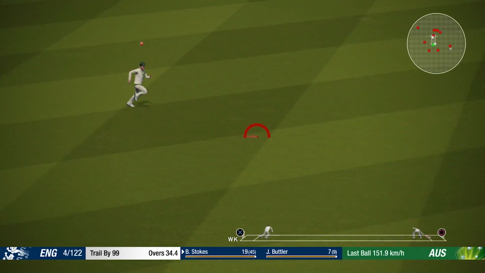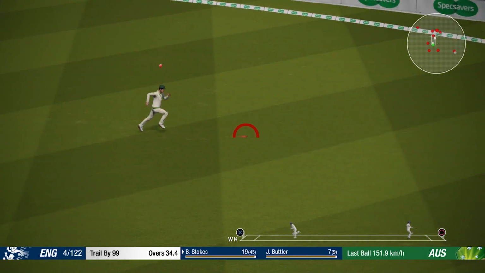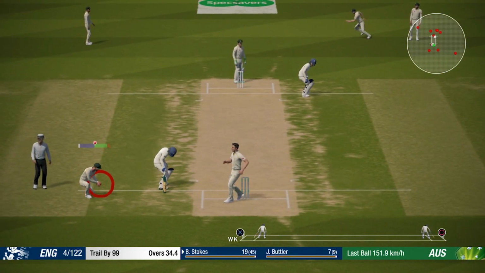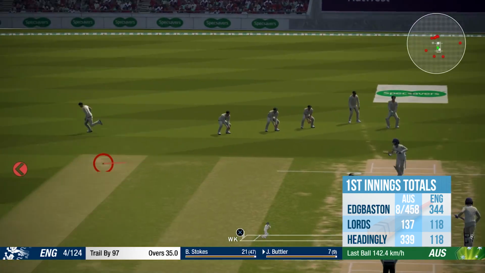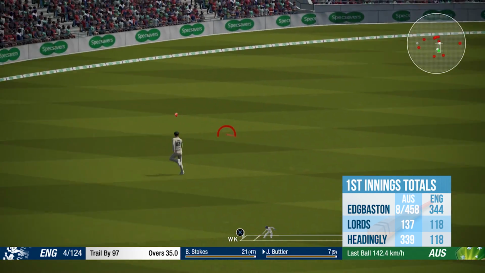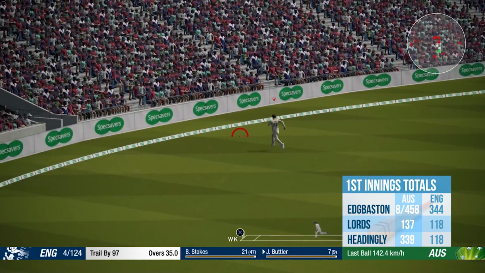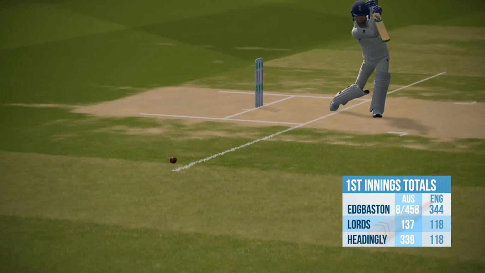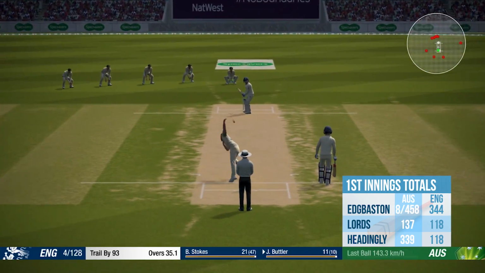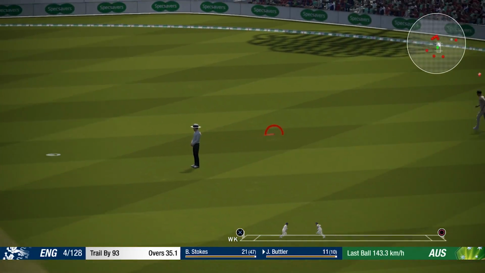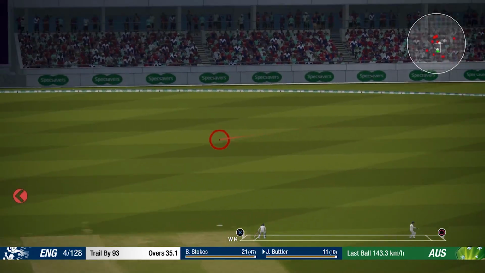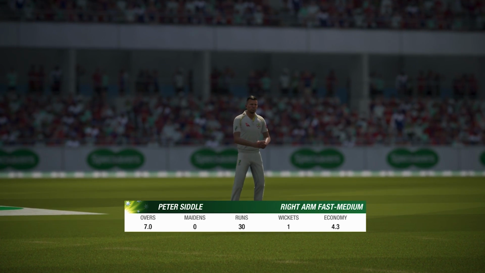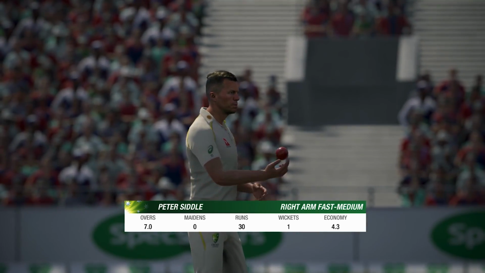Pat Cummins now continuing as England, I think they're going to need to bat really quite well today, and to do that, they're going to need to make sure that they're at their best. We have a look at how England got in this position, and it's based off some of these first innings totals. They have not led at a single end of the first innings. Back at Edgbaston, they made 344, but Australia made 458. And in the last 2 innings, they've only managed a measly 118, including today, this Test match where they collapsed with quite a number of wickets for not many runs. So they only have themselves to blame for being in these types of positions.